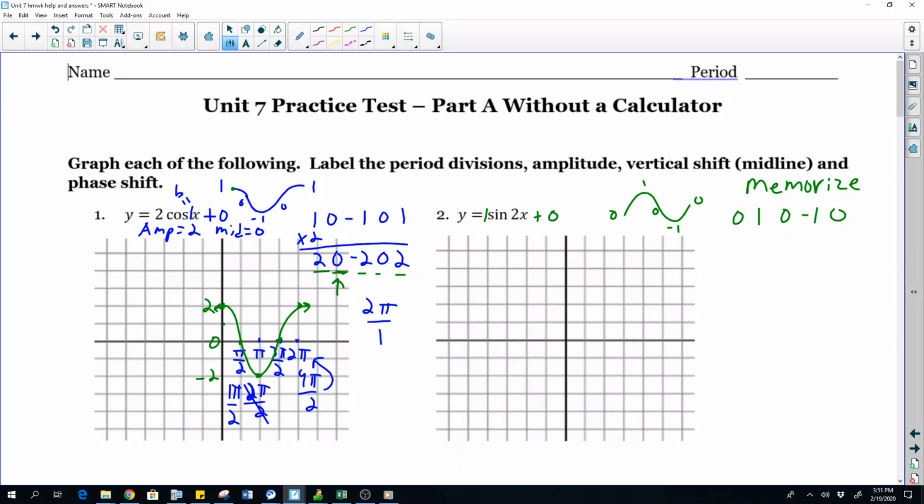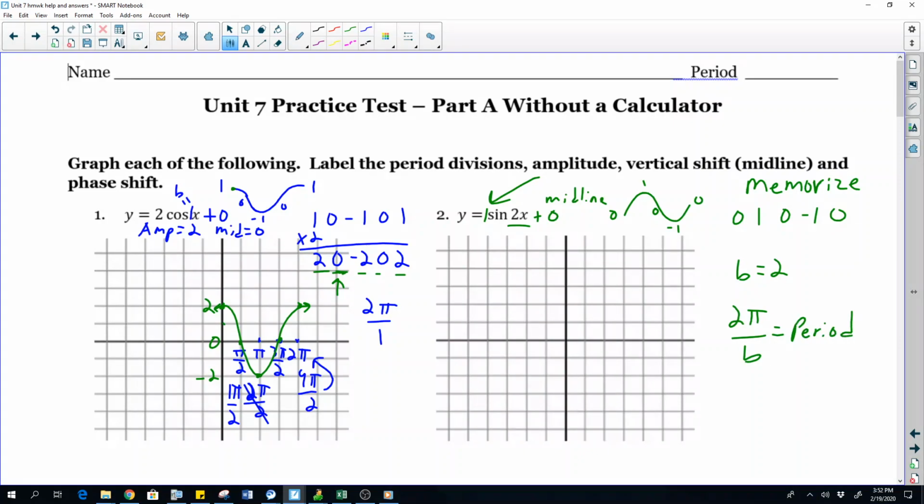just 0. Amplitude 1, midline just 0. So we're not even going to have to manipulate it at all. It's just going to be the period, it looks like, right? The 2 there. And so our b value is 2. And so don't forget your formula is 2 pi over b, right? That's the formula